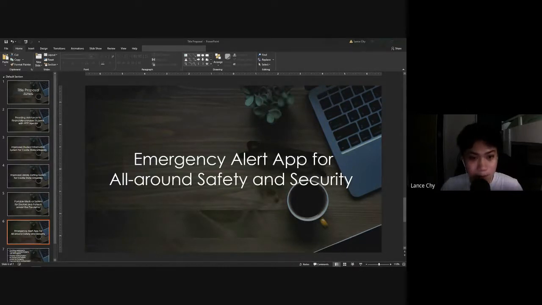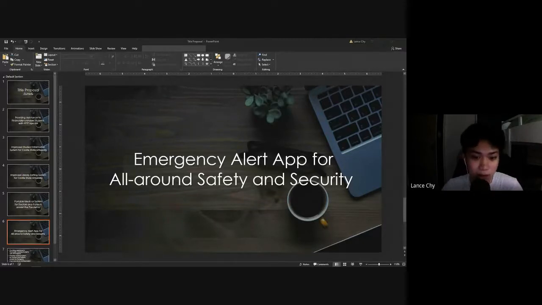In this emergency alert app, we will have different sections or different uses. We will have weather information. You can see the weather for the upcoming day, week, or so, and of course there would also be a first aid. There would be a disaster alert, and for me, I guess the most important part of this